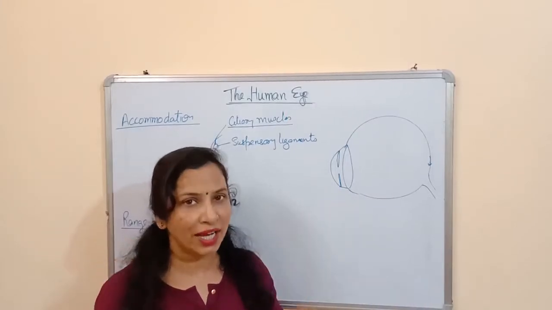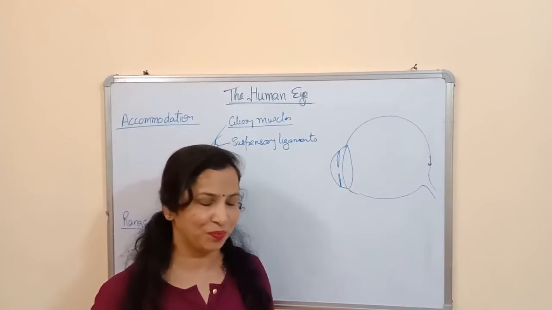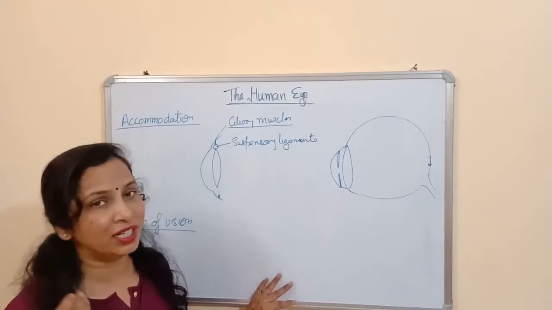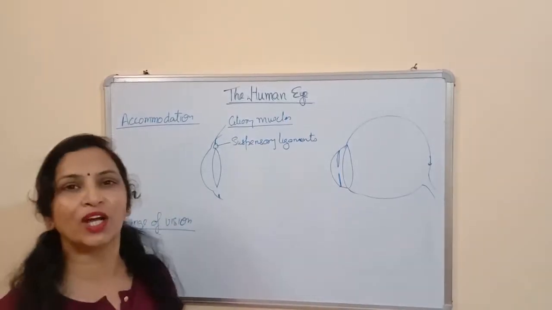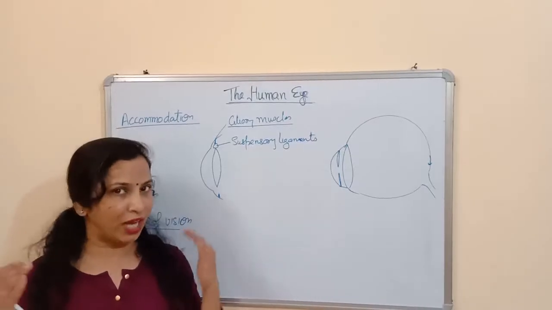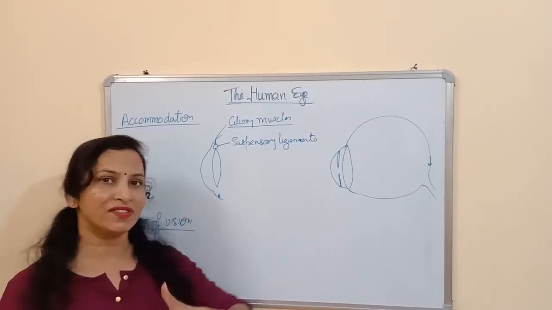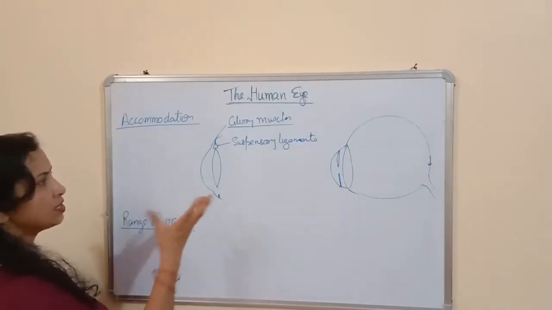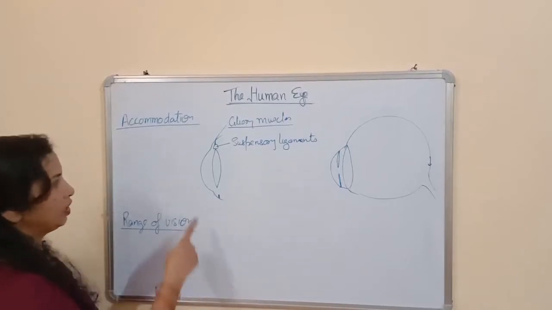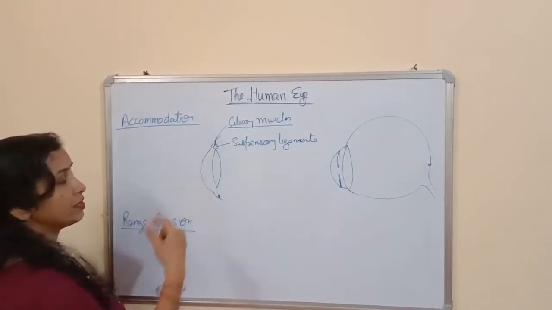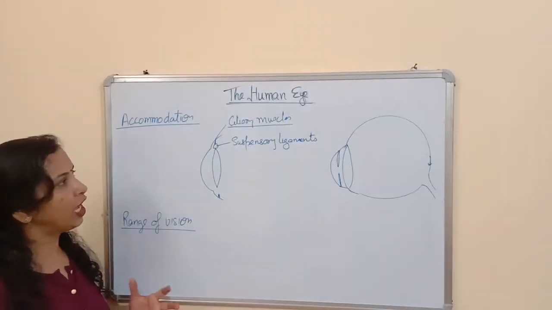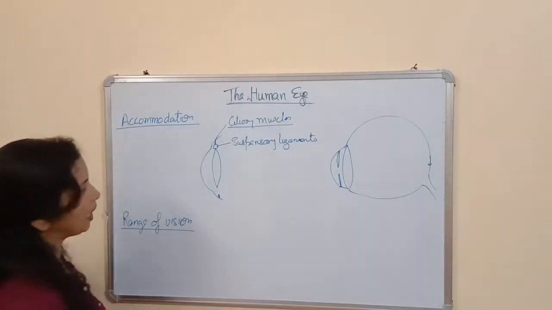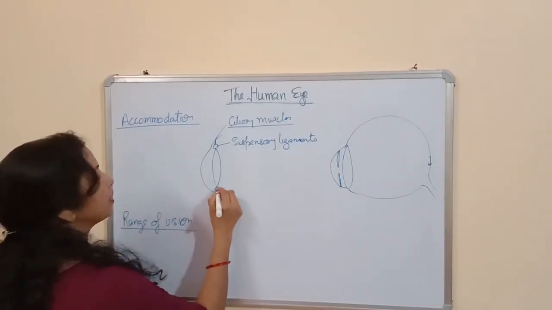Then how the eye can change the focal length, I am going to explain to you. So in this part of the video, I am going to explain how our eye can change the focal length of our lens. So this is called the accommodation. Accommodation means the power of the eye due to which we are able to see the nearby as well as the far object clearly. Now this is a rough structure of the eye. This is the cornea and these are the muscles called the ciliary muscles, and with the help of the ciliary muscles the lens hangs in the eyeball, and these are the suspensory ligaments.